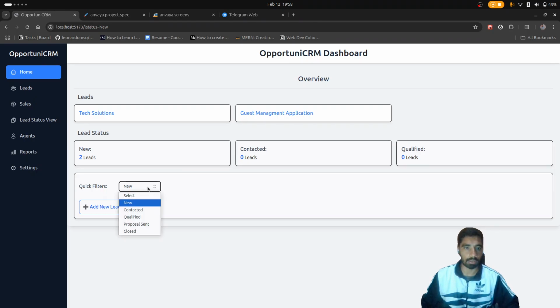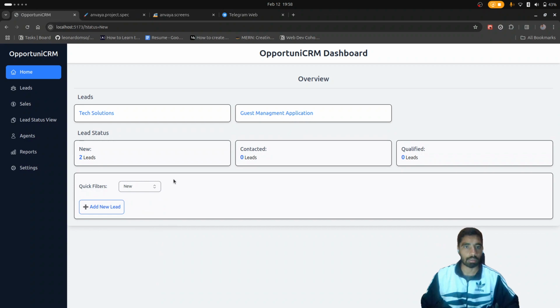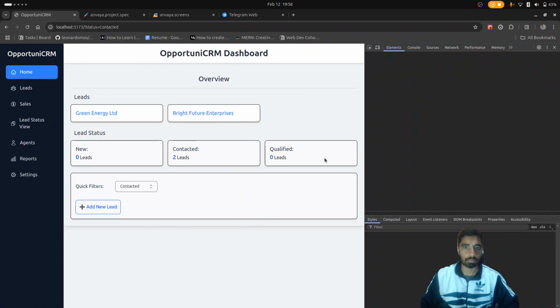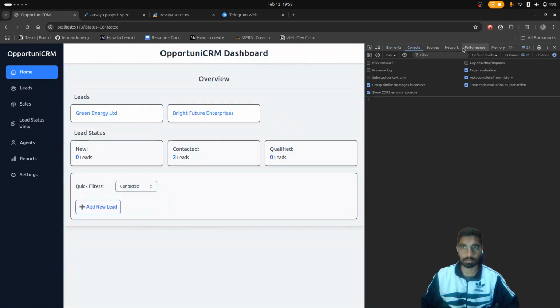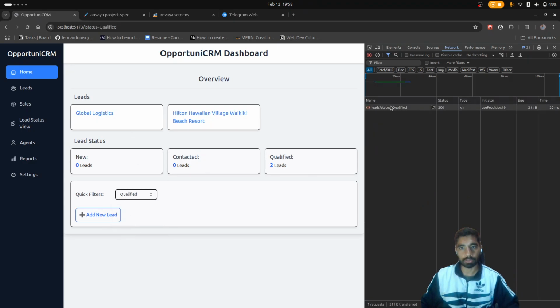get the filtered data by status. So how I implemented this filtering, I have used the query parameters, and every time I change the status, it will change the query parameter here, and it will hit the backend and get the filtered data according to the status.